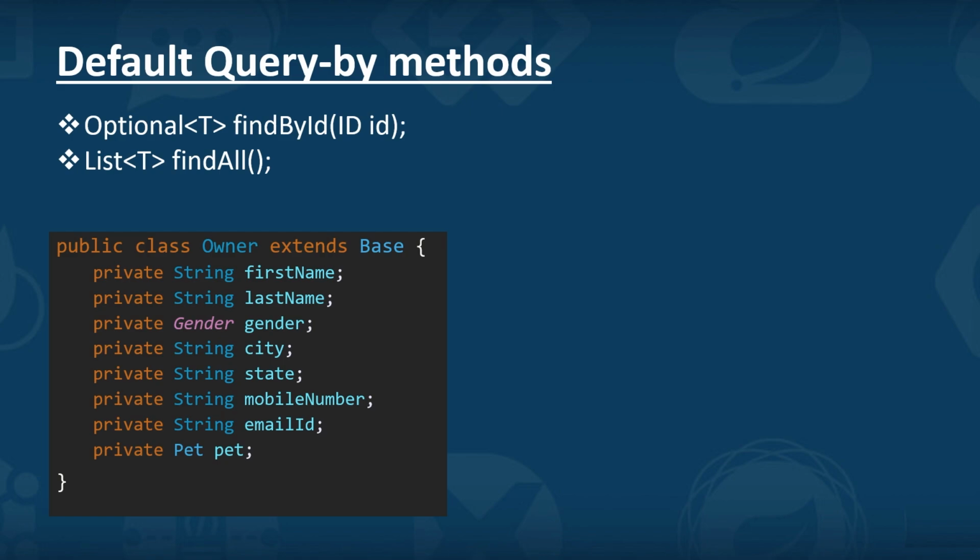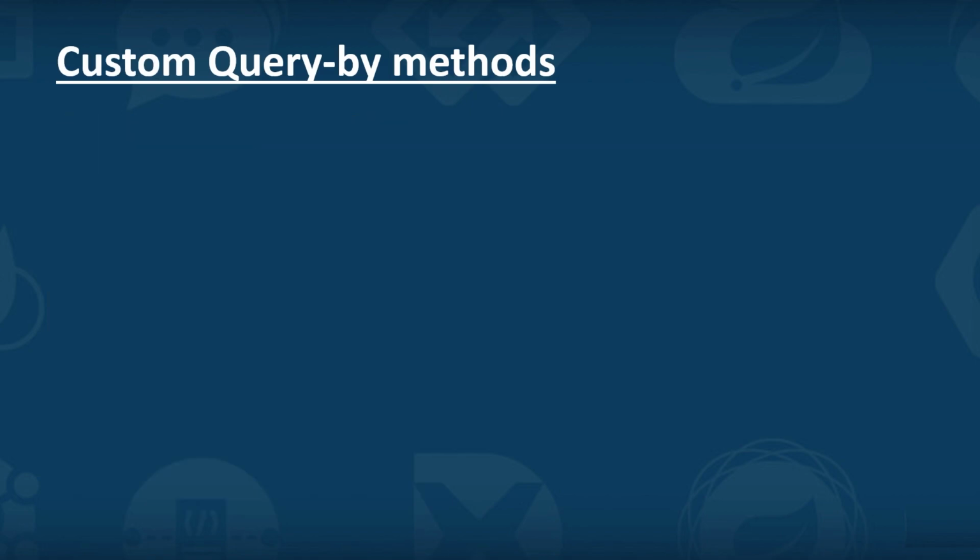So it's not always possible, or it's not always convenient, that we keep finding by the ID. Sometimes I just need to find by first name, last name, or maybe something else. Then what needs to be done? Do I need to now create methods for all these things, or is there any shortcut or something simple? Okay, let's see. So Spring Data JPA says that in this kind of scenario, first of all, the